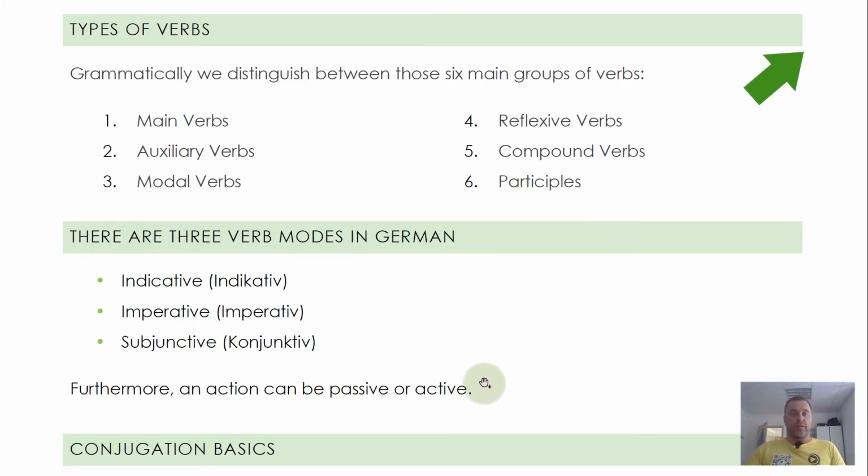And there's another way of dividing verbs because they come in 3 different modes. The indicative, which is just a basic one that you've probably seen everywhere already. Then we have the imperative, which is if you give an order. This is imperative, same in English. And we have the conjunctive, the subjunctive. This is also a special mode that you use, for example, for wishes or for unreal things. I've linked that video in the info cards for you here as well. And the imperative you will find in the playlist.